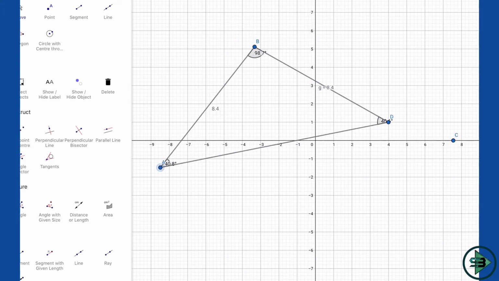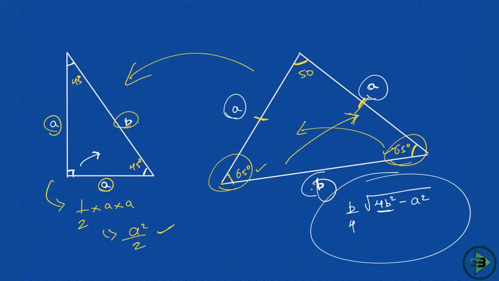And the rest of the angle, obviously, will be 180 minus the sum of the two angles; that will be the third angle. So that is your isosceles triangle in which two angles and two sides are equal, and the area is B by 4 into the square root of 4 A square minus B square. And in the end, we'll see the last and one of the most important triangles, which is the equilateral triangle. It has many properties, so let's see this in the next part.